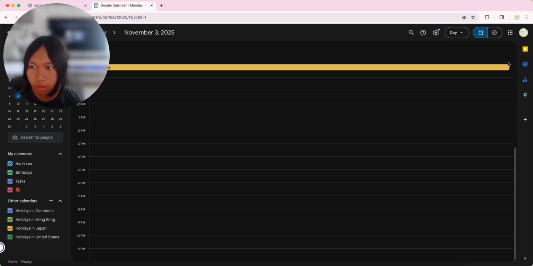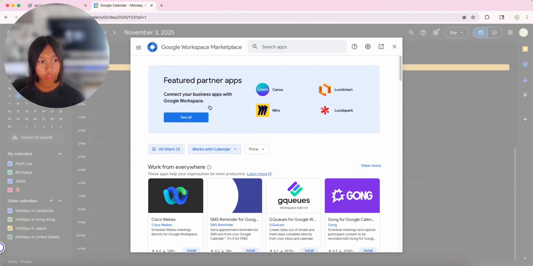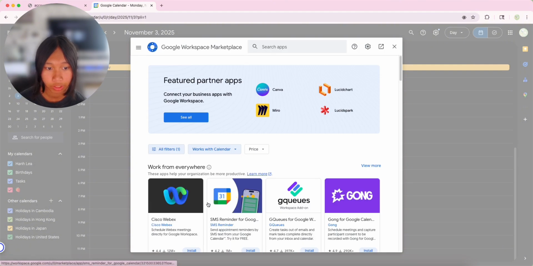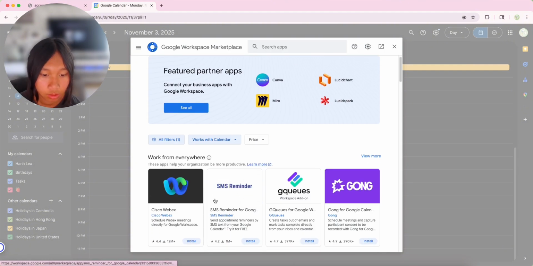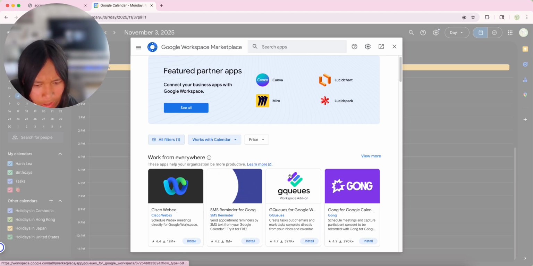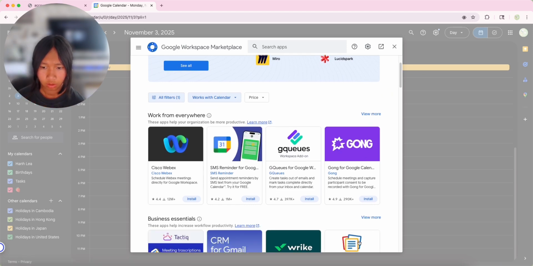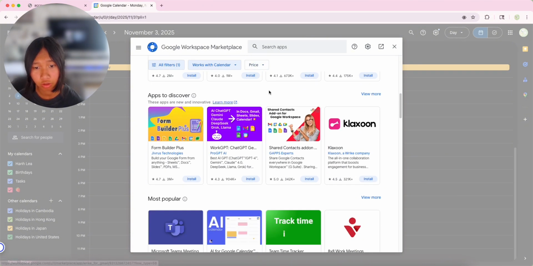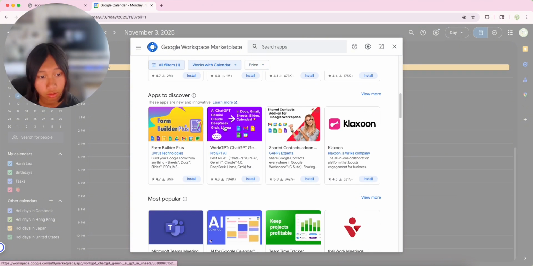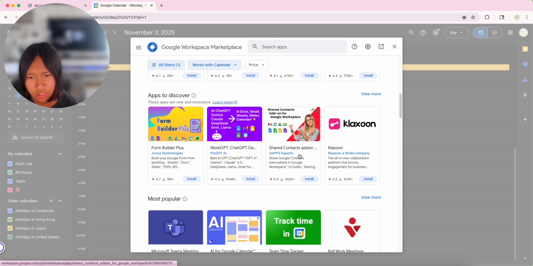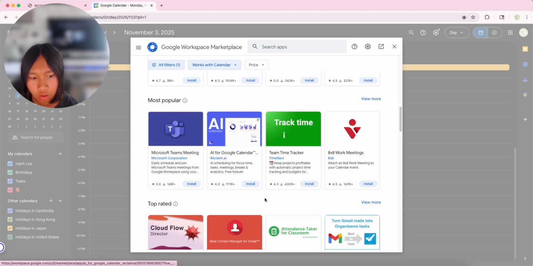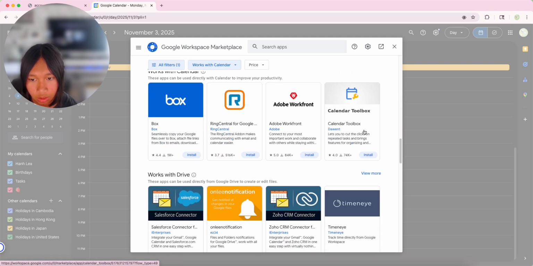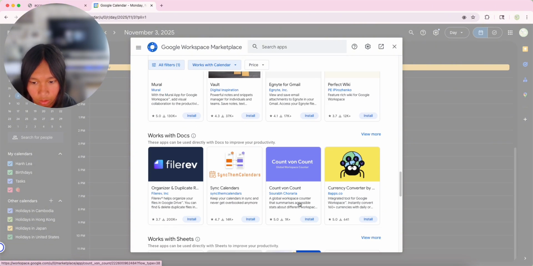Anyways, over here, it will show all your tasks, your contacts, your maps, get add-ons. You could add over here. Scroll all the way down here. CMS reminder for Google, Notebook, Write for Gmail, all that stuff. Apps to discover: all this form, ChatGPT, Microsoft Teams, Box, Calendar Toolbox,